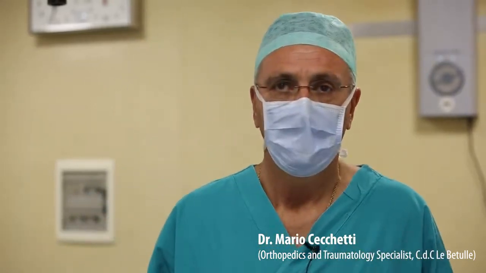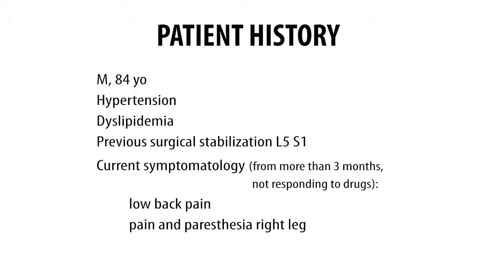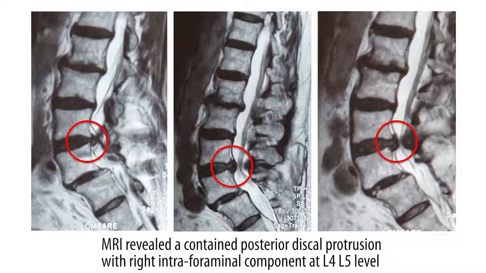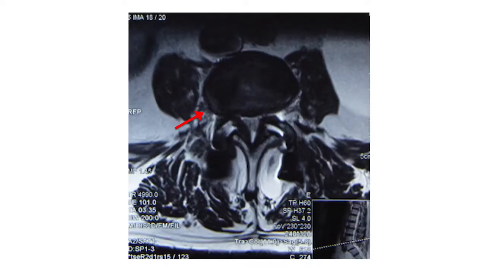About 10 years ago, he had spinal fusion for severe L5 to S1 spondylolisthesis. For the past 3 months, his lumbar sciatica pain has been worsening, causing severe motion function impairment. It was therefore decided to intervene on the 2 severe bulges observed on the MRI at L2, L3 and L4,